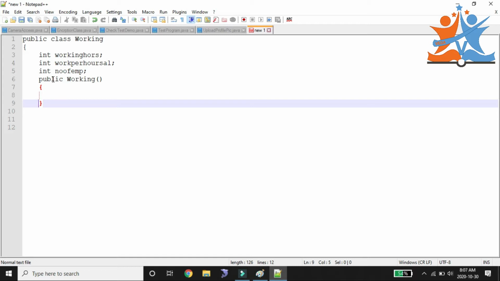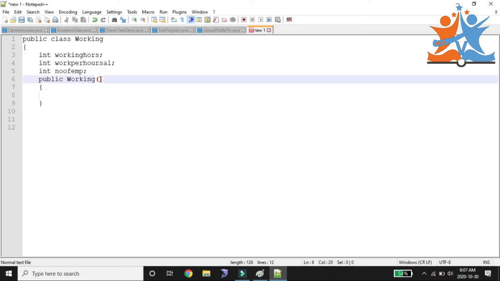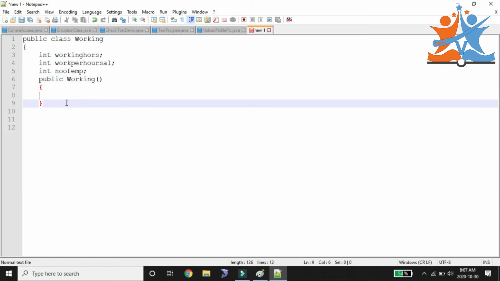Zero arguments means inside the constructor we are not passing any parameters. We don't want to pass any parameters. That type of constructor we call a zero argumented constructor. Next, the parameterized constructor. I'm creating two types of constructors in my class.